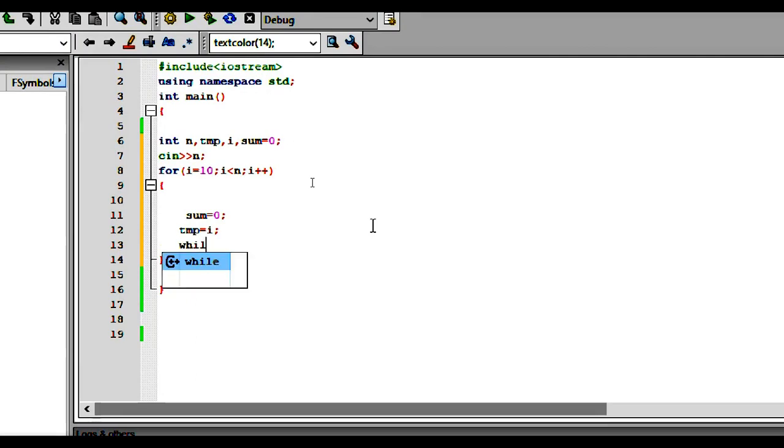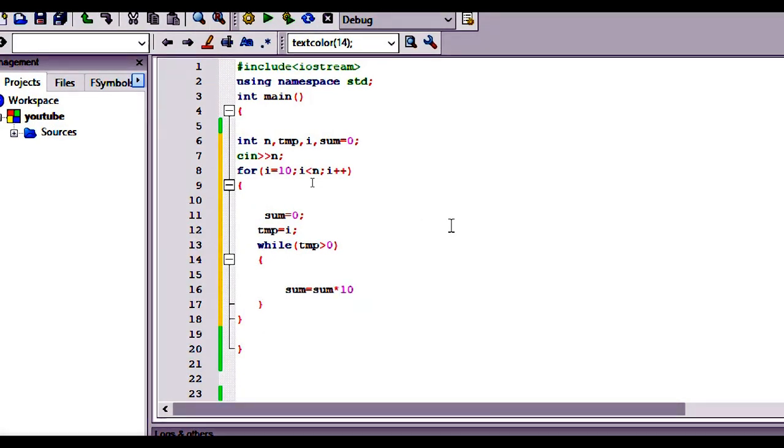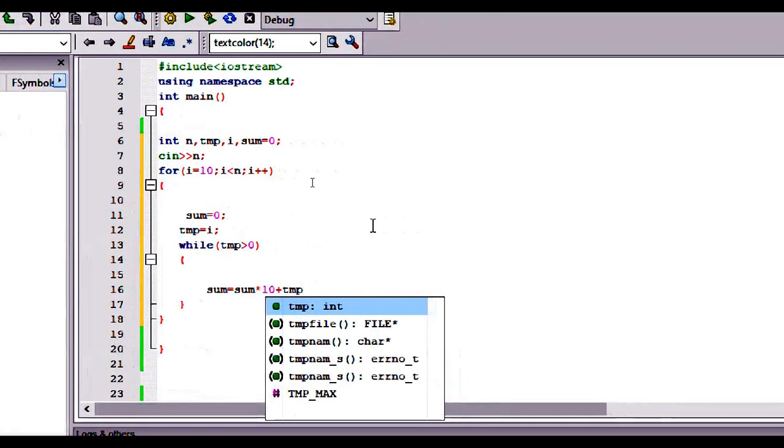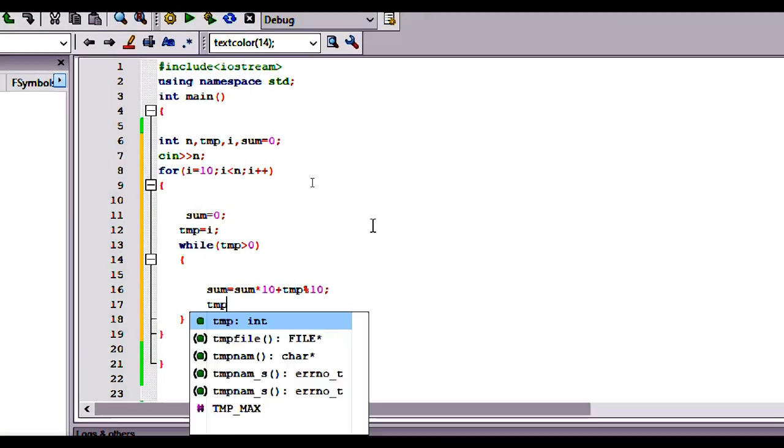While temp is greater than 0, sum is equal to sum times 10 plus temp modulus 10, and then divide temp by 10.